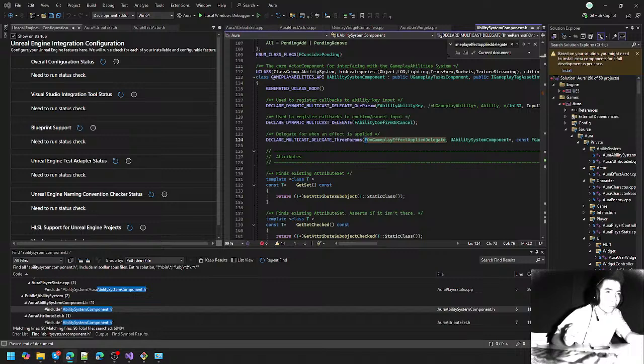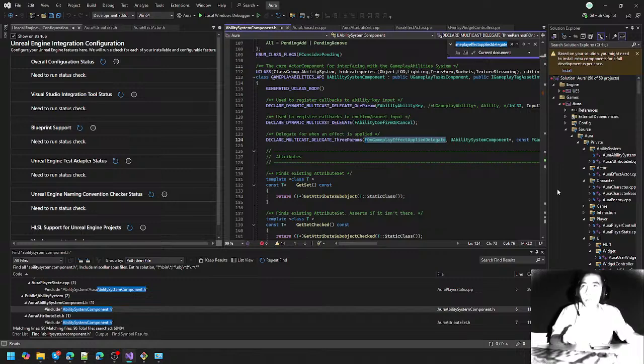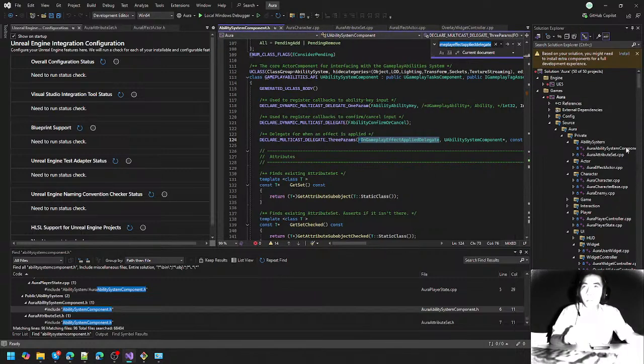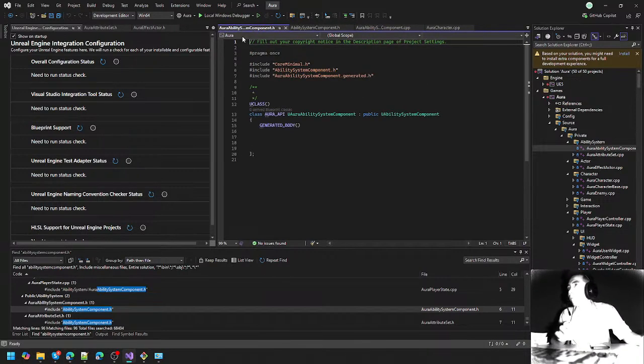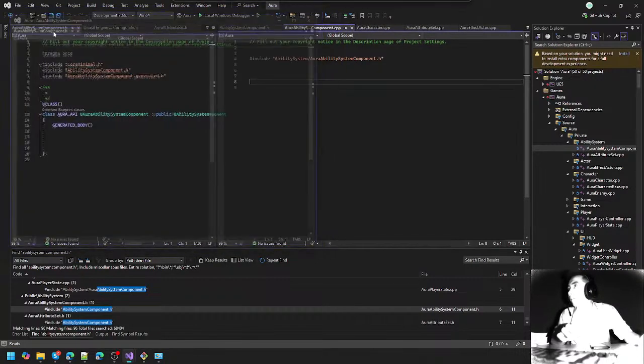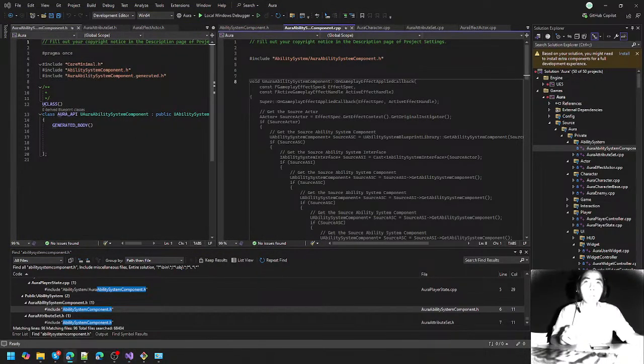So I think what I'm going to do is right click on ability system component.h and close the other tabs for now, and open my public folder, ability system, and get my Aura ability system component.h. And look at that, so far it's clean. So we're going to add our first function to it. And I'd like to make this function protected. So I'll make a protected section. And the function is going to be void, and it's going to be, let's just call it effect